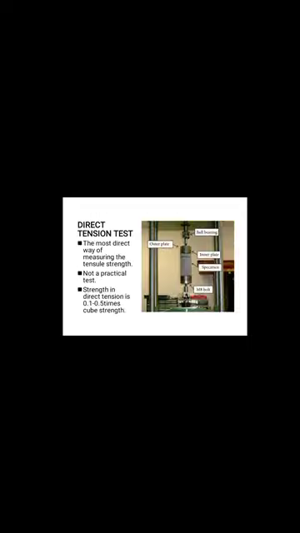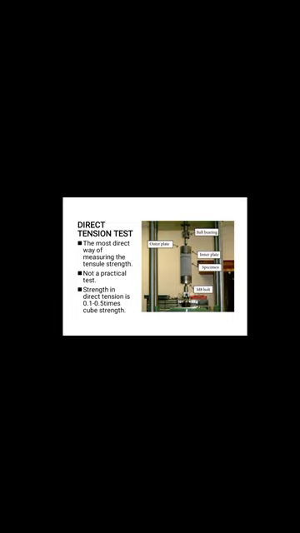Now moving on to the direct tension test. If you see, the cylindrical specimen is placed in the universal testing machine or the tensile testing machine. It has ball bearings, and the specimen is mounted on the inner plate and the outer plate, and when these two plates are pulled away from each other, the cylindrical specimen will start cracking. So the load at which the crack is produced is recorded. This is the most direct way of measuring the tensile strength.